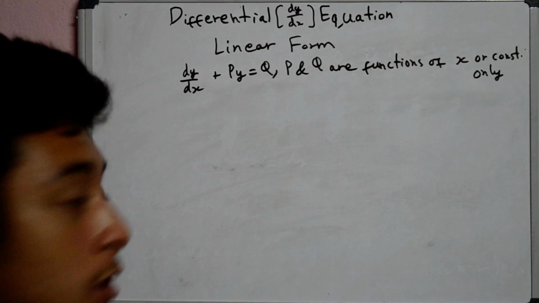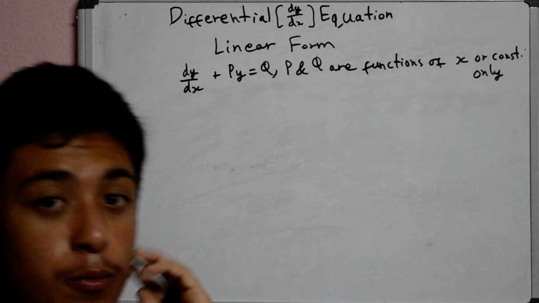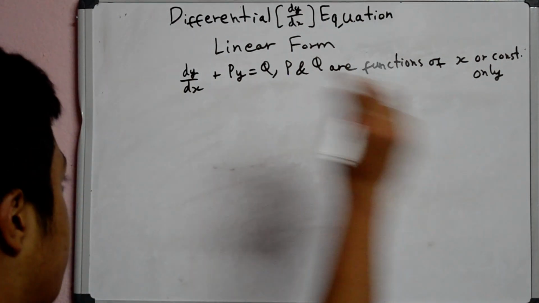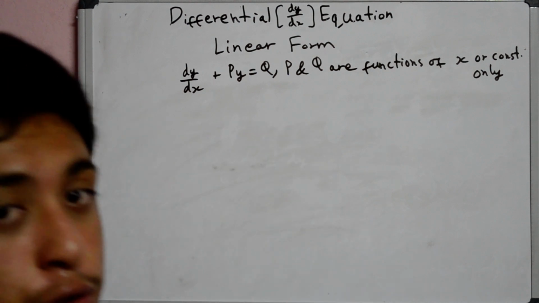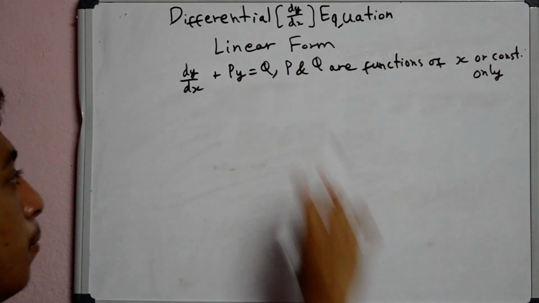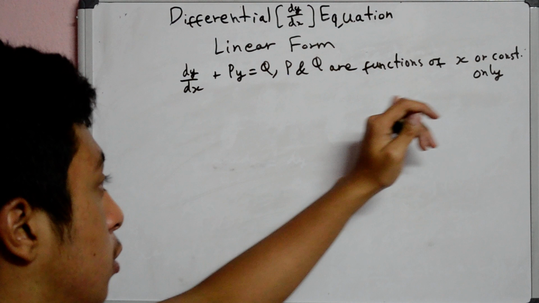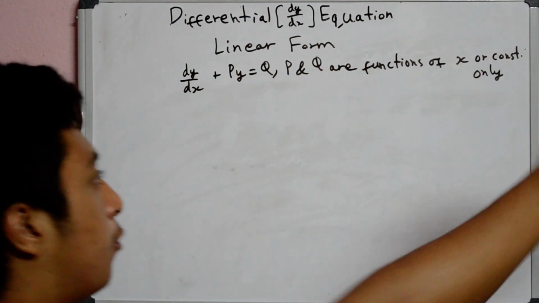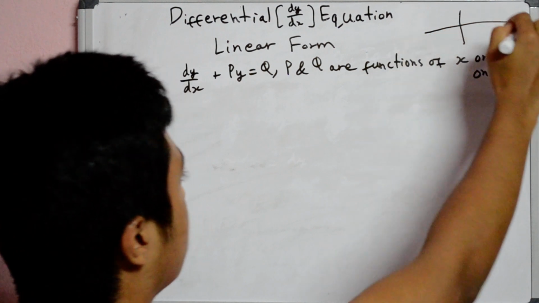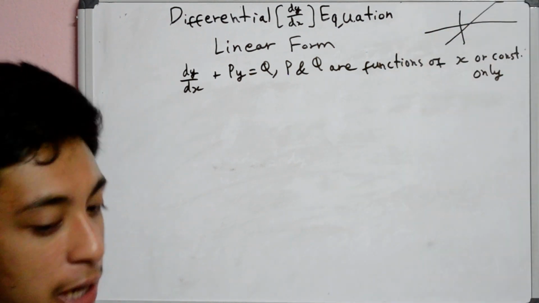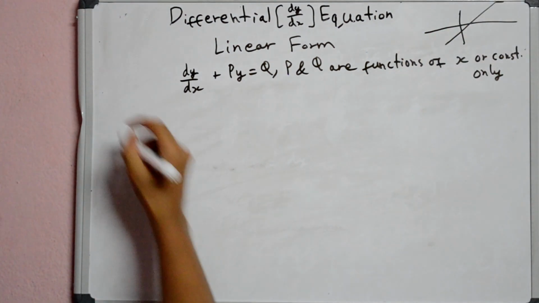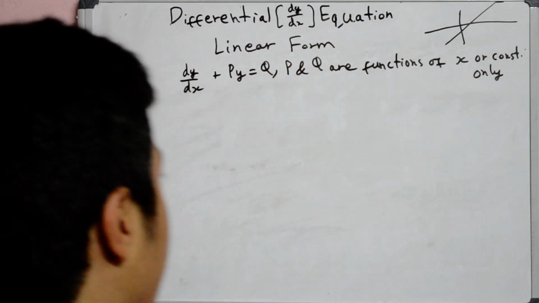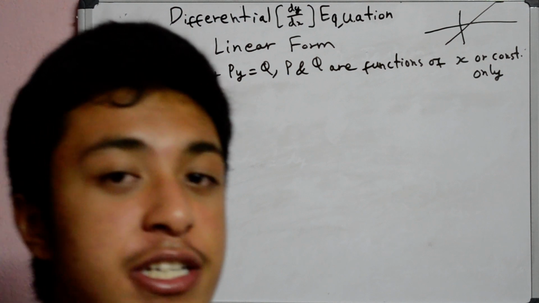So I'll be teaching you about the linear form of differential equation. A differential equation in the form of dy by dx plus py equals q is in the linear form, where p and q are functions of x or constants only. This is called the linear form because if you plot the differential equation in a graph, you get a straight line. And the unique thing about linear form is that you have an integrating factor,